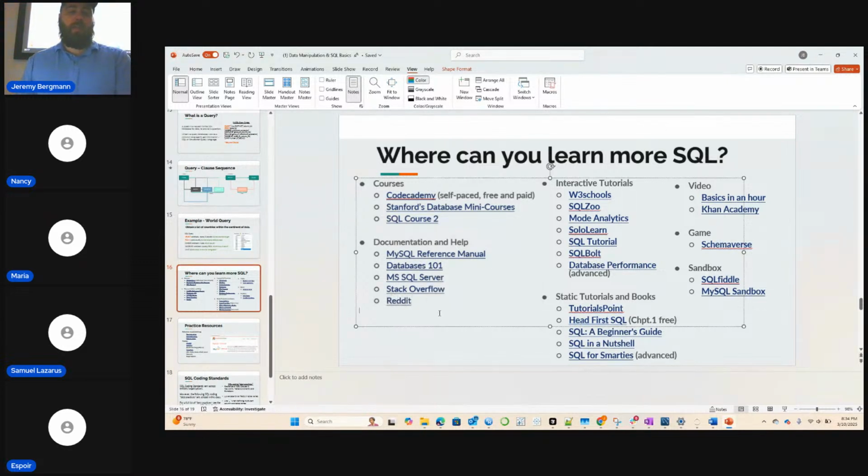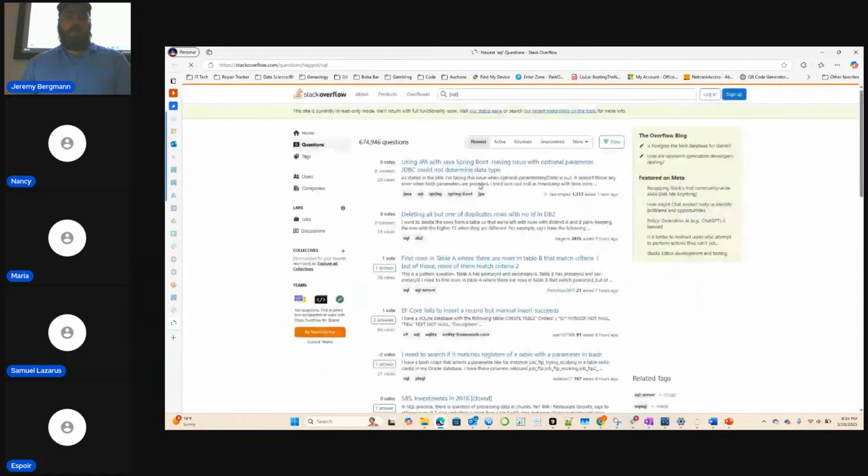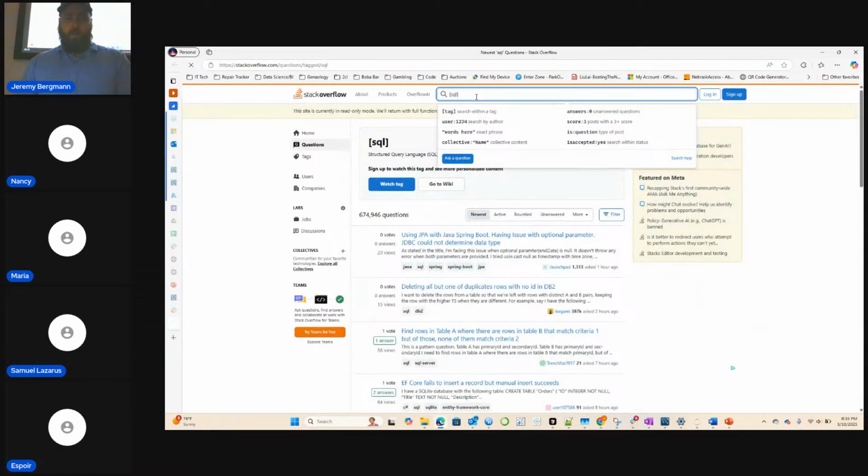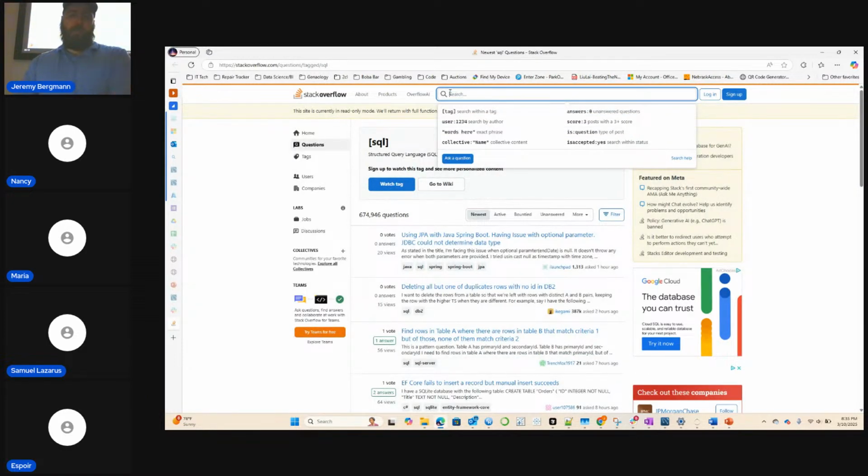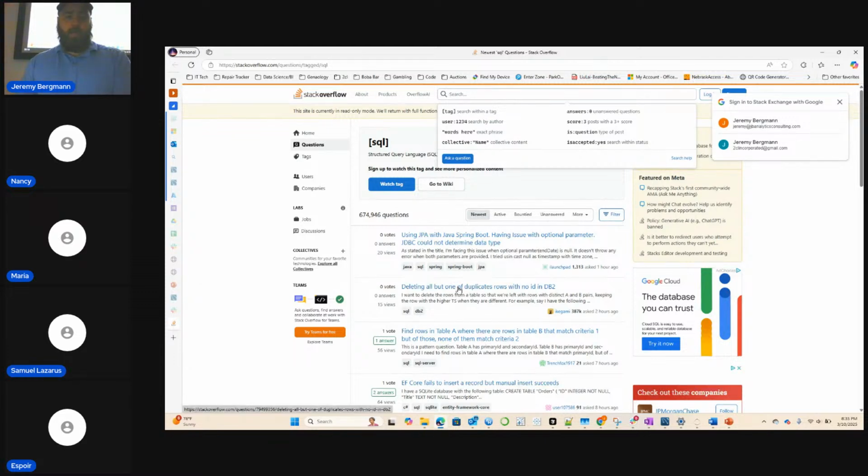Stack Overflow, I think, can still be used. I still use Stack Overflow, especially if I'm getting an error and AI is not doing a good job of explaining it. I'll go to Stack Overflow, and then experts will explain it there. If anybody's been to Stack Overflow, this is one of the best resources ever. Experts just go and answer certain things, right?